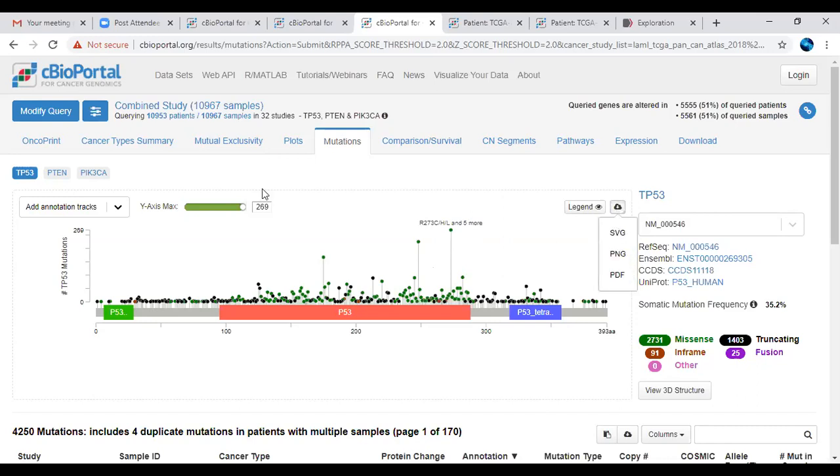from here. And this particular TP53 gene is also used as a reference with respect to other data sources. For example, the reference sequence database is integrated with this particular platform. Ensembl database is also linked. CCDS database is also linked. UniProt database is also linked. So using the single platform, different data sources are also linked.